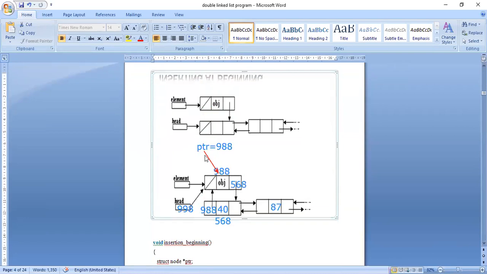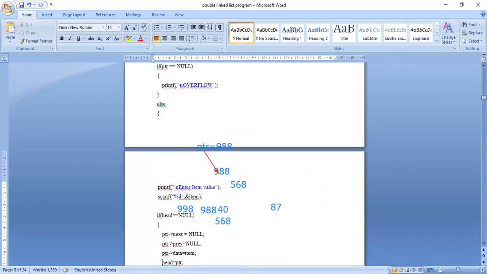Pointer of next means what? This 568. So in the next part of the node that was created, I will keep the value of head. Initially head value is 568 because head is pointing to the node 40. So I will keep that head value, that is 568, into the next part of the node that was created.